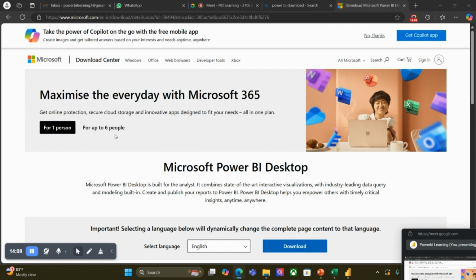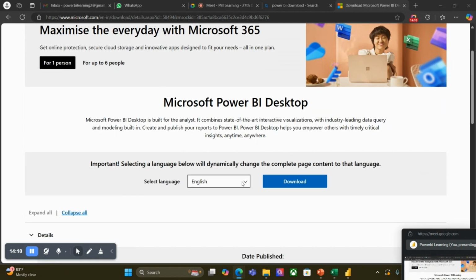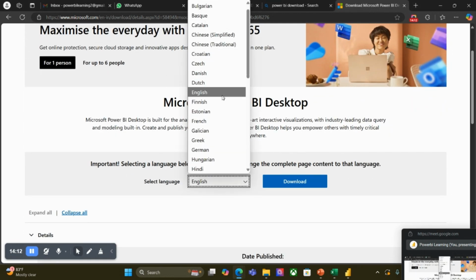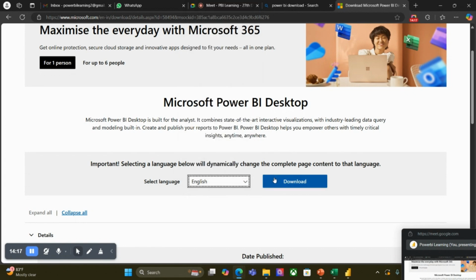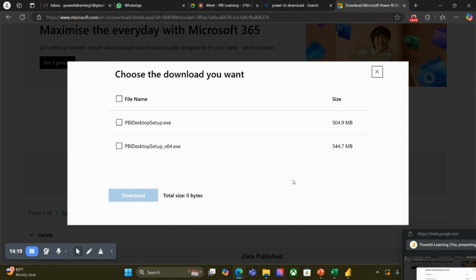So once you click on that link, it will have an option to select your language. You can choose a different language based on requirement, but for now I'm just selecting English. Then click on download. Once you click on download, it will show a couple of pop-ups, I